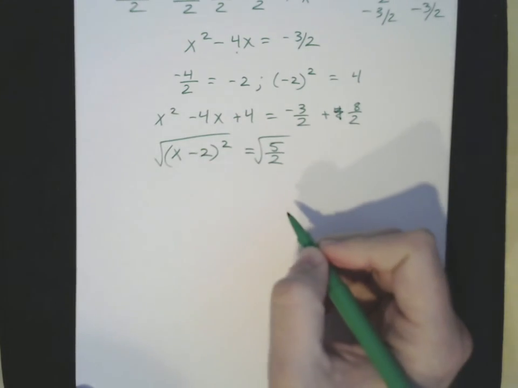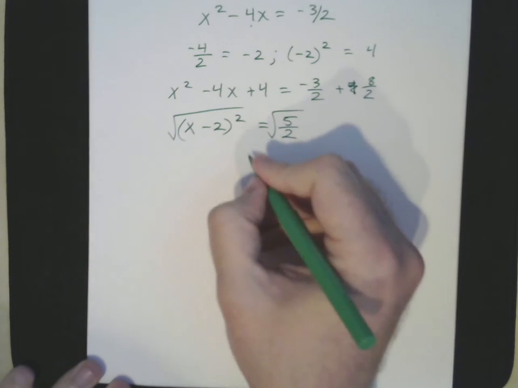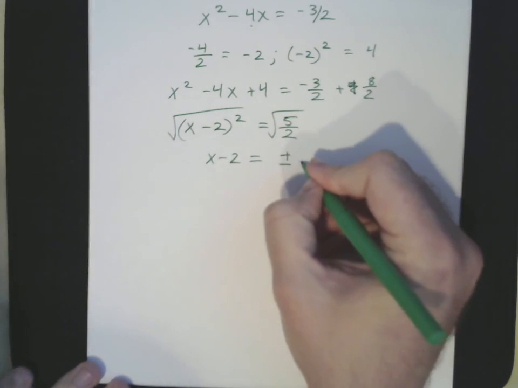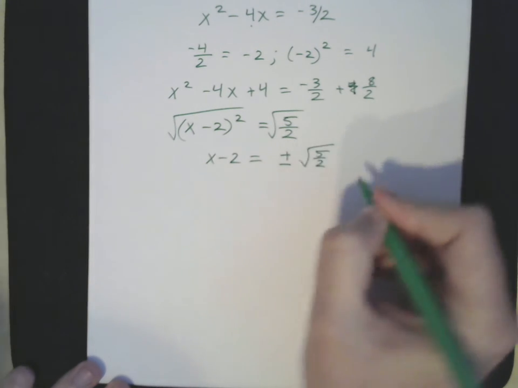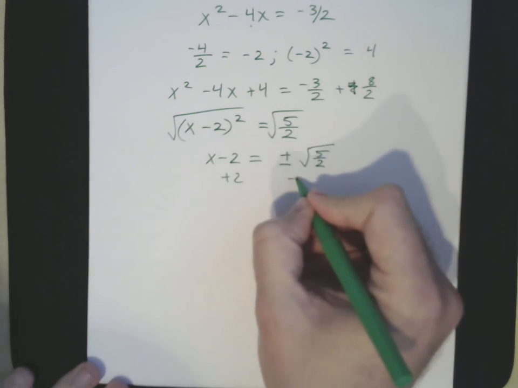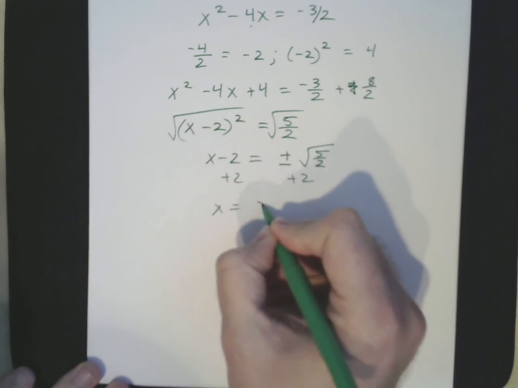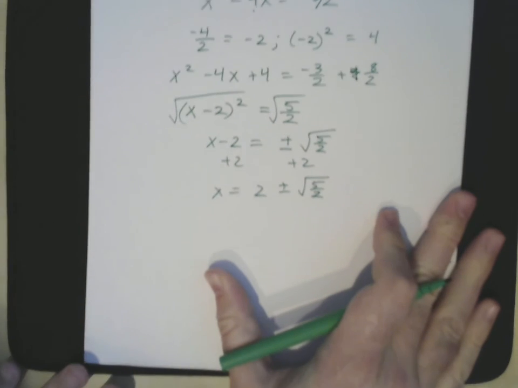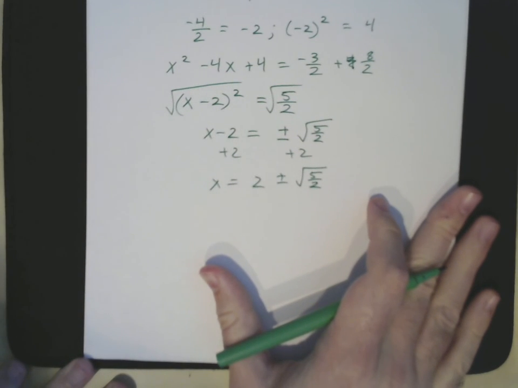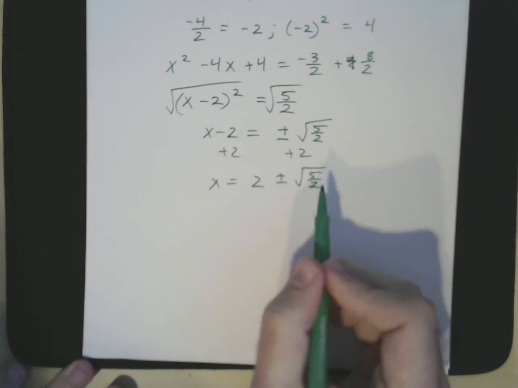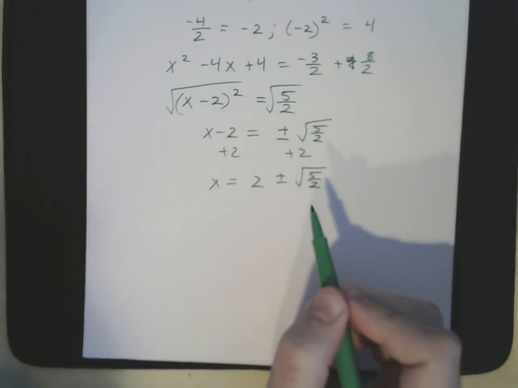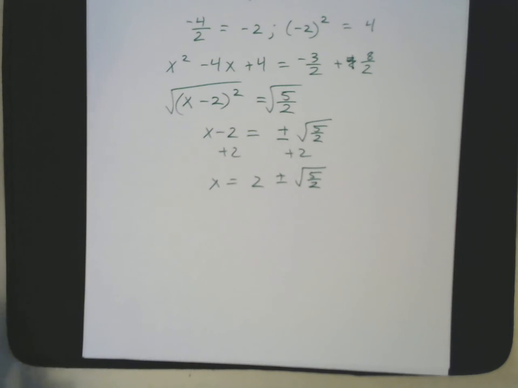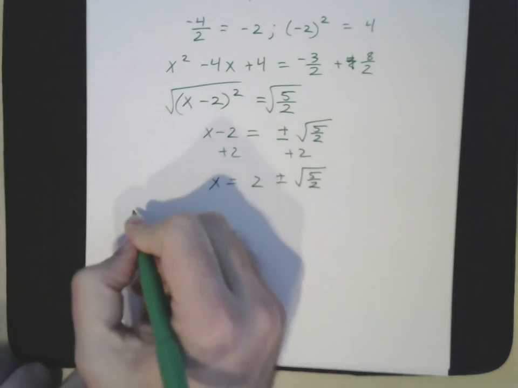Square root both sides. We get x minus 2 equals, our square root property says plus or minus square root of 5/2. Add that 2. We have x equals 2 plus or minus the square root of 5/2. And again, this isn't going to be simplified at all. Now the one thing that might happen, you might rationalize this, or you might want to. So let's look at